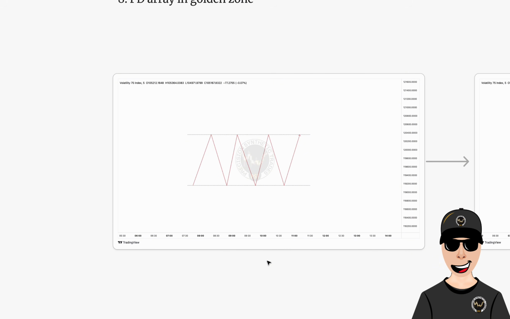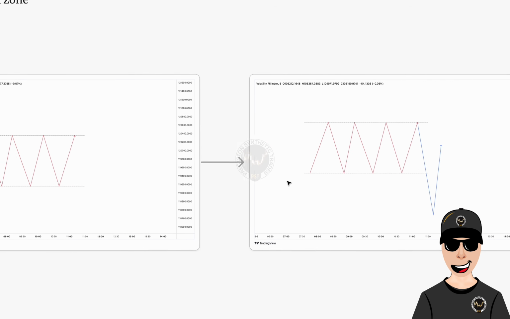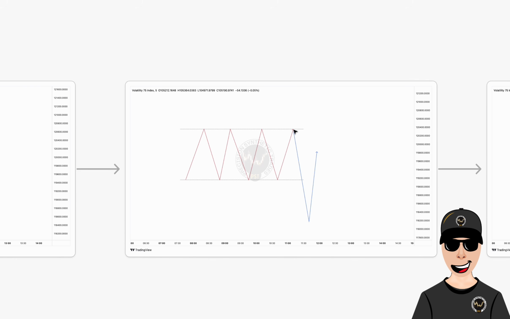All right, so as you can see, in this example that I'm using in this video, we are waiting for a consolidation market. That's where price is literally bouncing from high to low, and the price is staying in a range. So we are waiting for something like this. As soon as price breaks out, you'll see here on the blue arrow,